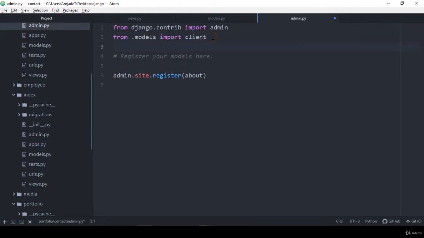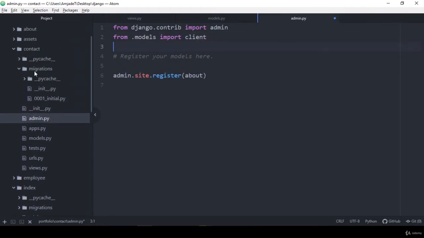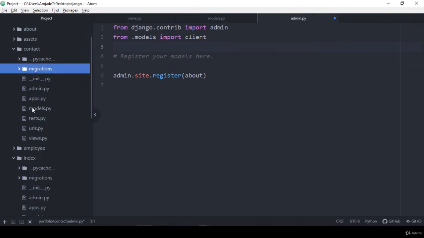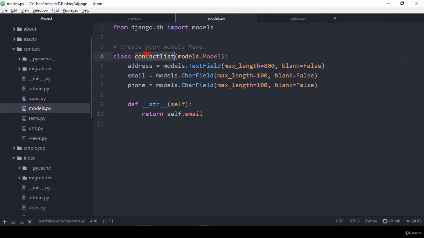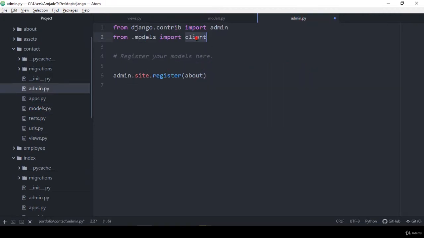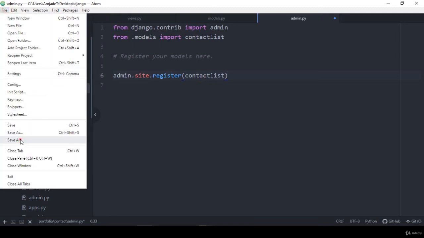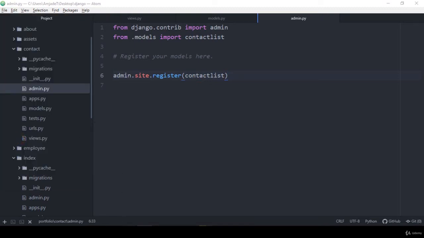Friends, I hope you can understand well what exactly you have to do. Into the contact, that is our same model. In the models area, I have created a class named ContactList. So now I simply import this ContactList class, right? And also on the admin side, in the register area, we have to pass it as ContactList. Perfect. Now if you click save all, and go outside to the admin,